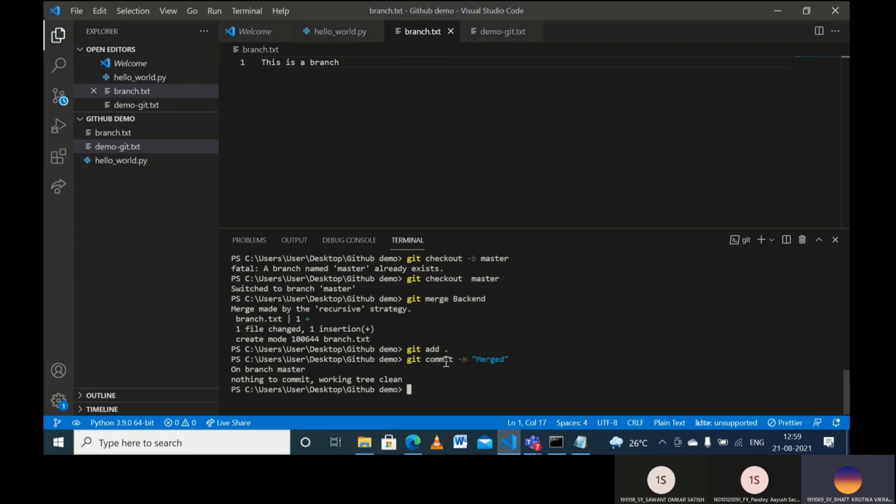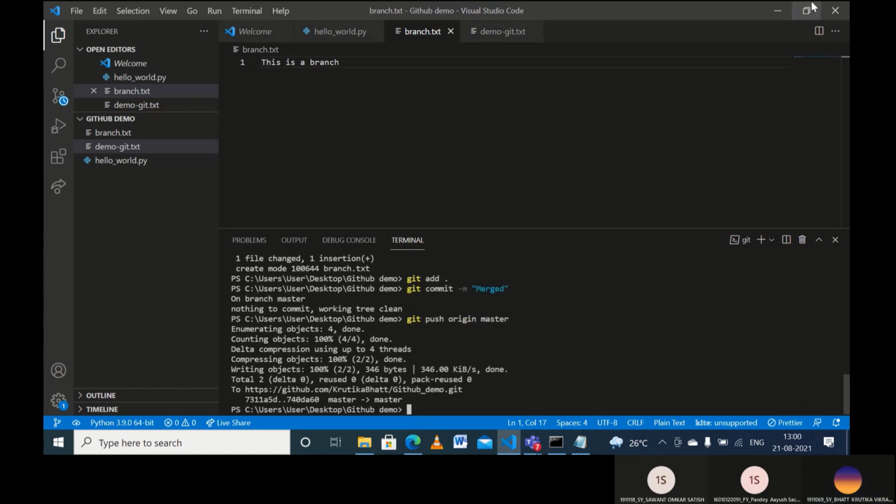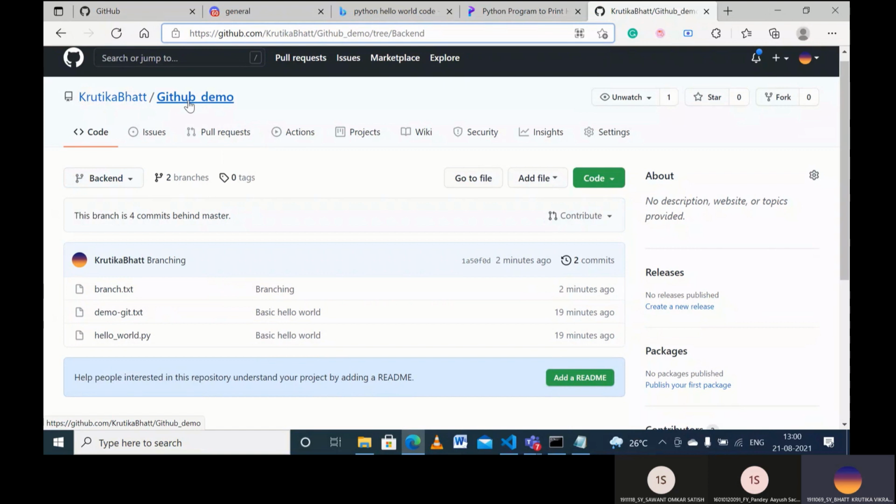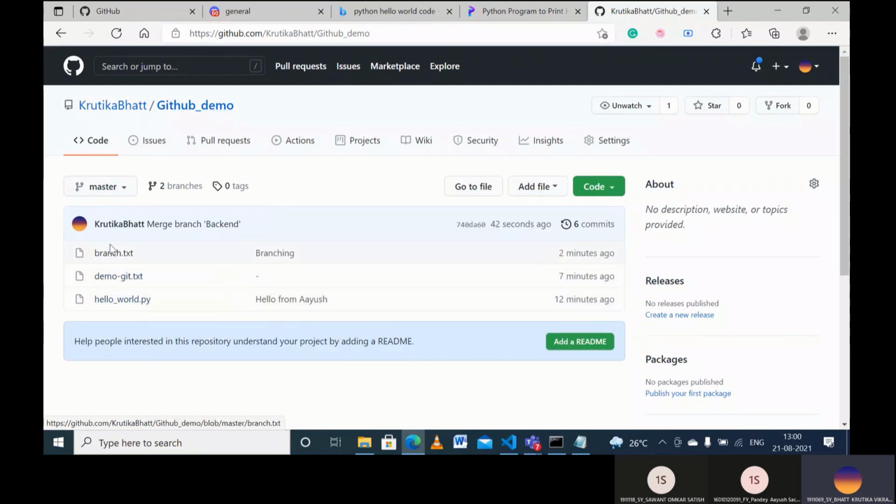As we have seen before, we had some merge conflicts and everything. You can see similar things when you merge two branches. So you just have to make sure which code you need and which code you don't need. So let's push origin master. Okay, let's refresh again. We should go to the master. Yeah, so as you can see, this is merged.